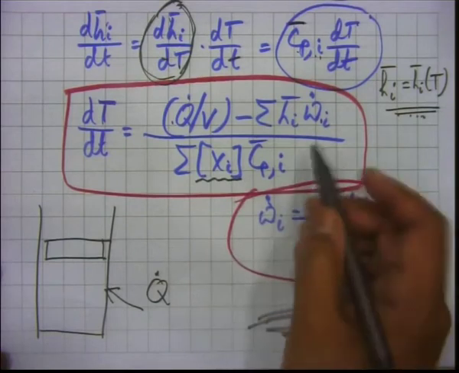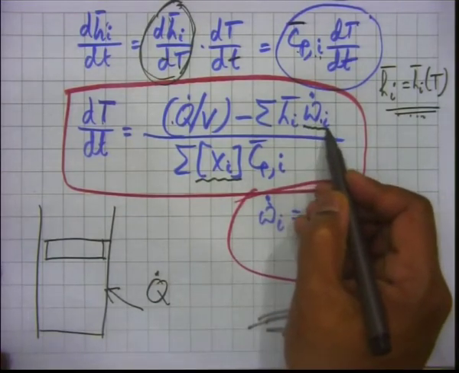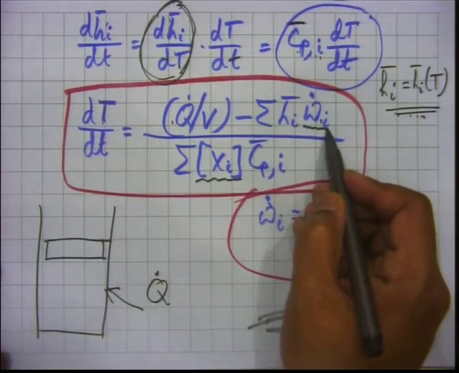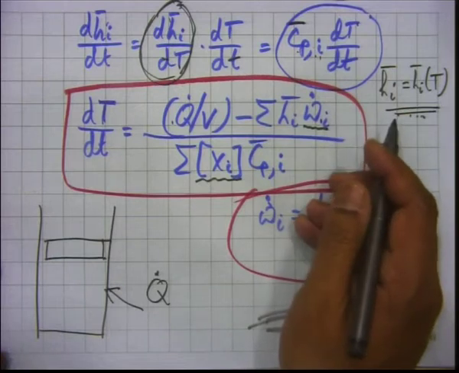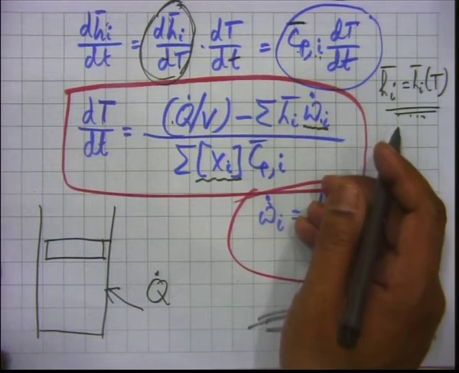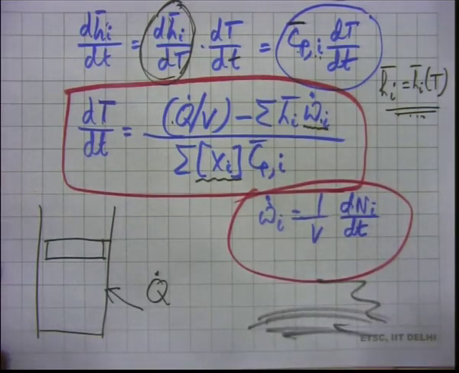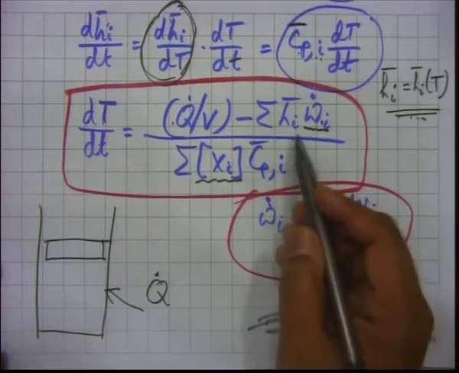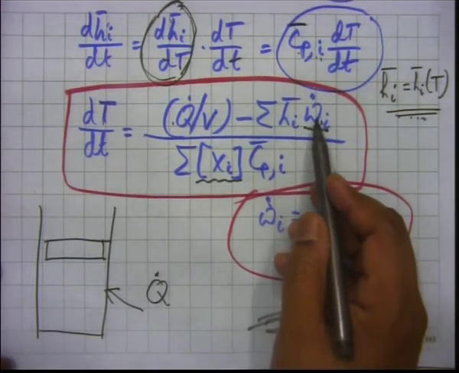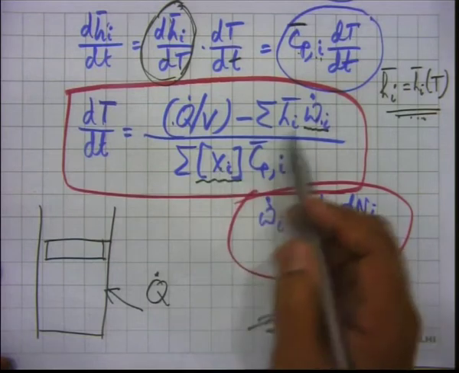And it will depend on individual species concentrations, and that we understand because it has individual species concentrations in the denominator, but you expect omega dot i, which is reaction rate, to also depend on individual species concentrations, because we learned in chemical kinetics that rates of reactions are dependent on species concentrations multiplied to some powers, and also on temperature through that energy factor and pre-exponential factor and all that. So, species concentration will matter here.